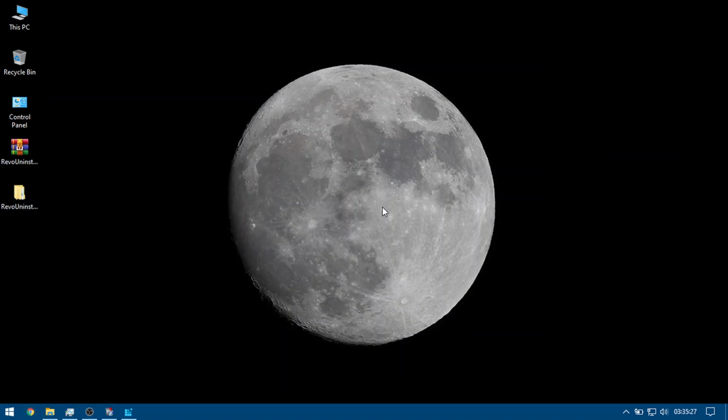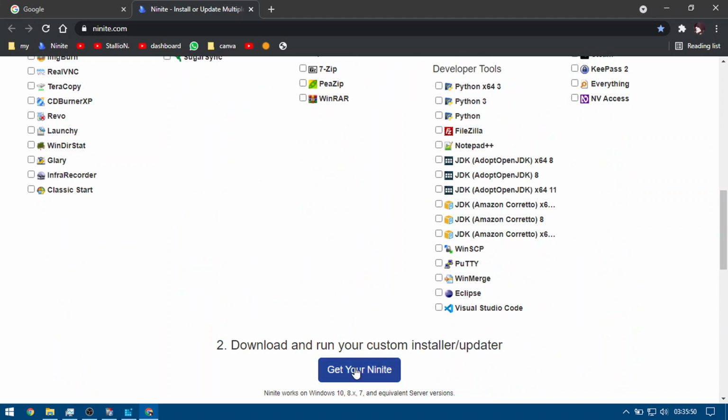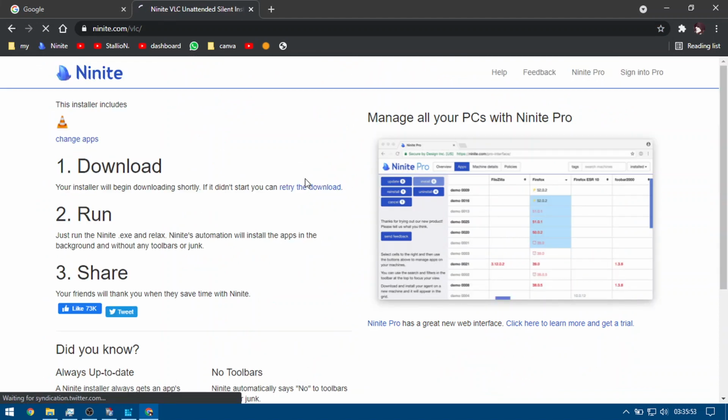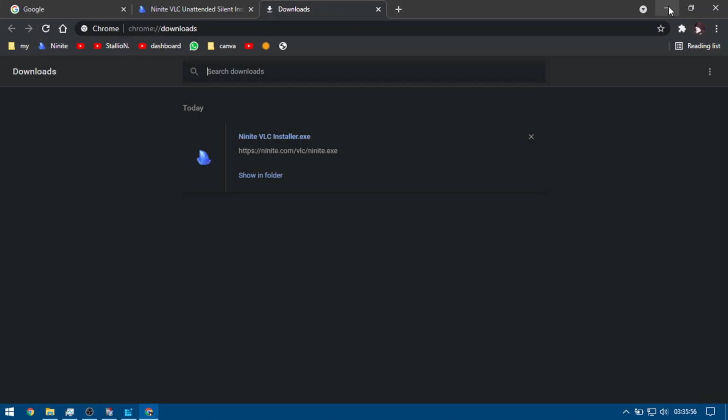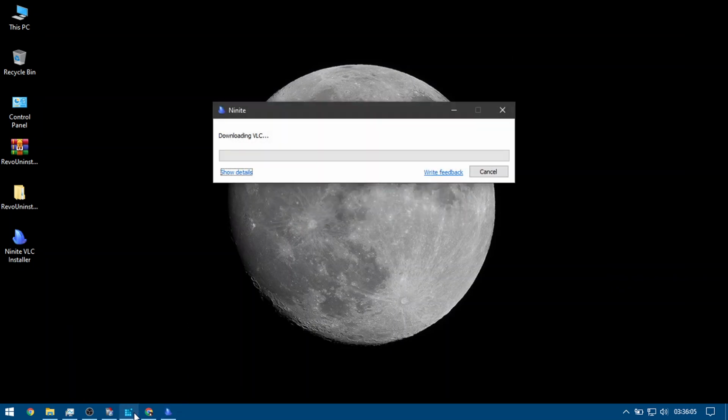First we need to install VLC player again. For that I have to go to download VLC player again. Okay, I'm going to download from here. This one, let's go and download. Just double click. Okay, it is downloading VLC player.